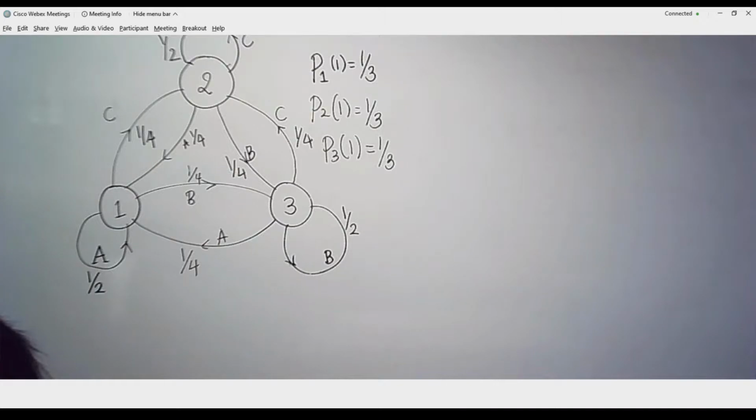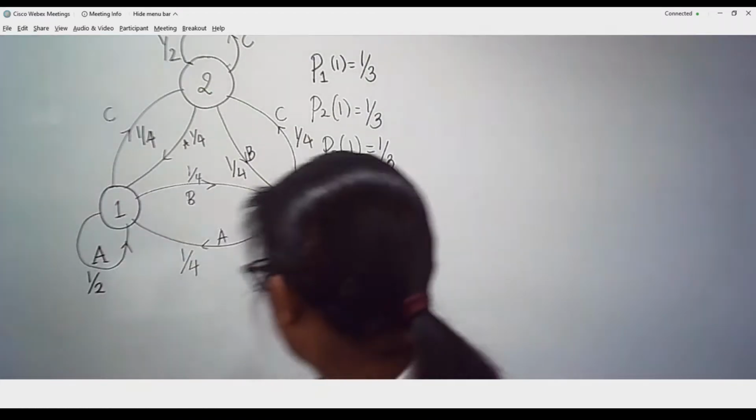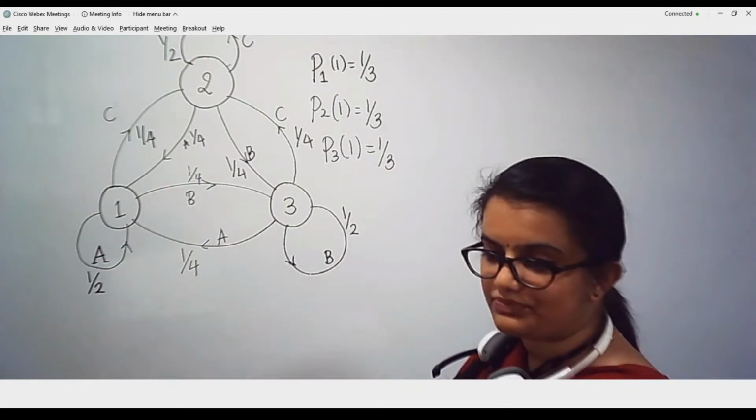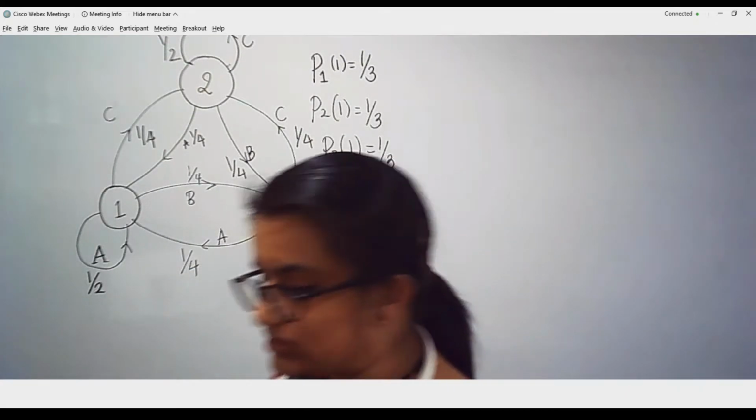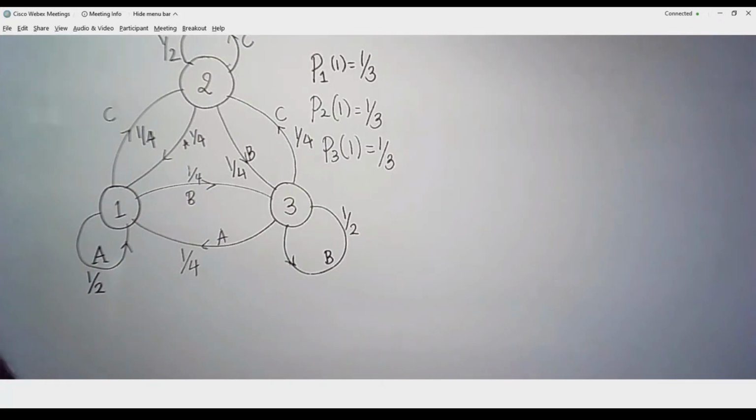Now I will take an example of how the message called AB is generated from this particular source and how to calculate the entropy over here. So please make a note of this diagram. This is very important. This gives you an idea of what is the statistical distribution and how the symbols are being connected from one state to the other. It is given to us, and they are not independent of each other, they are dependent on each other, which is shown by the self loop and the transitions.